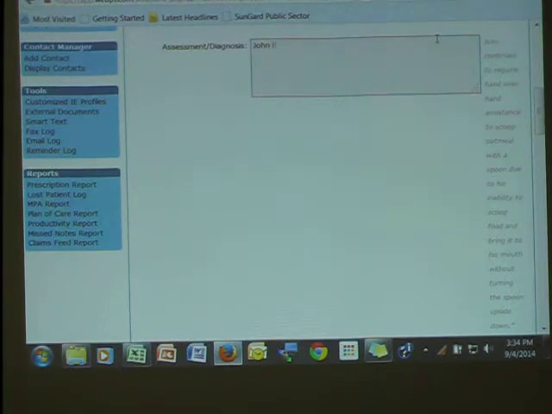So John continues to require hand over hand assistance to scoop with a spoon. He is spilling 80% of what he is able to obtain. And